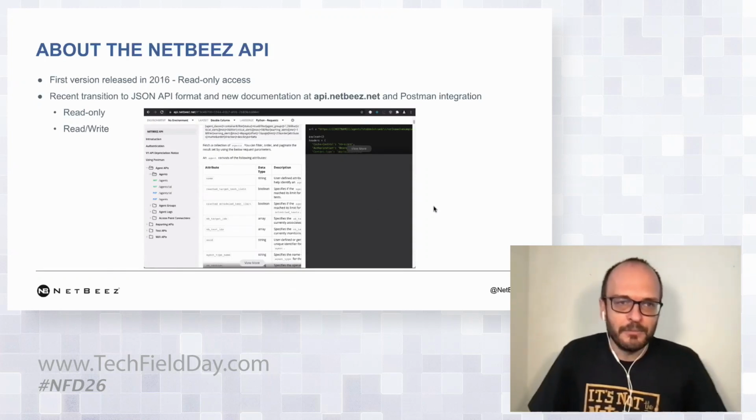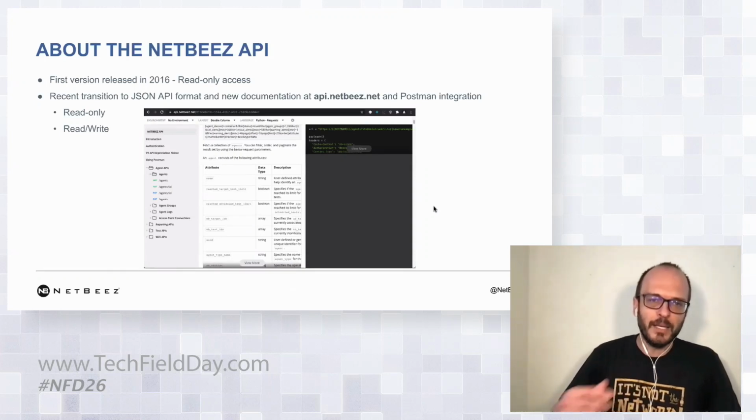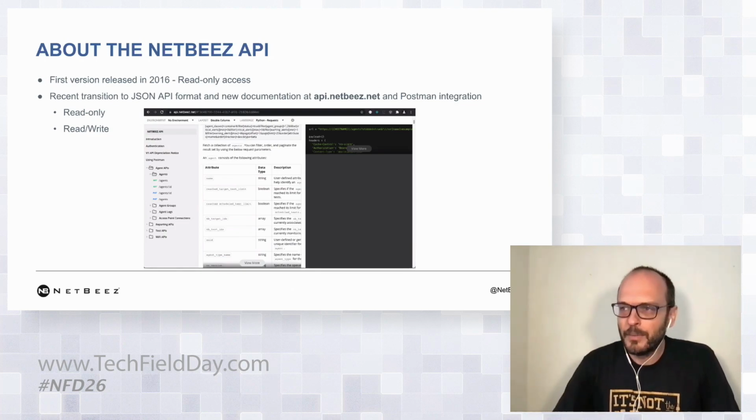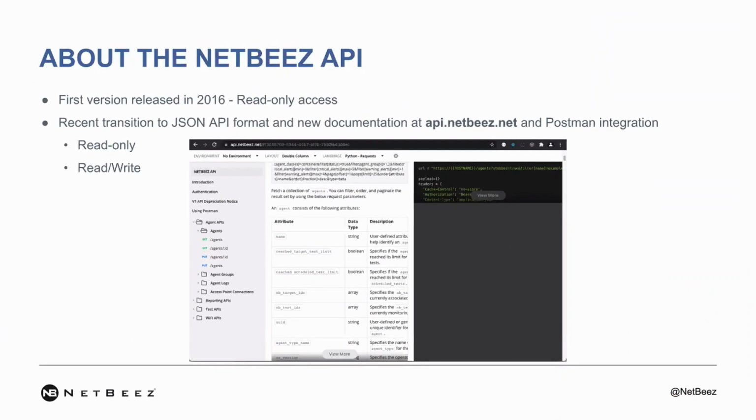We released the first version of our API in 2016, and we only provided read-only access at that point in time to allow our users access to all of the data that is stored in the NetBeez server. It was simple enough to satisfy the needs of customers who wanted to build their own dashboards or pull data into third-party applications. But we have recently started a transition to a JSON API format